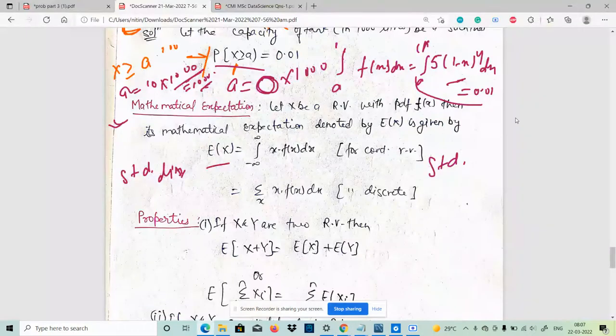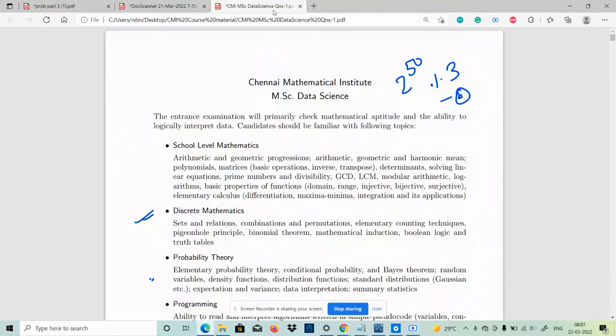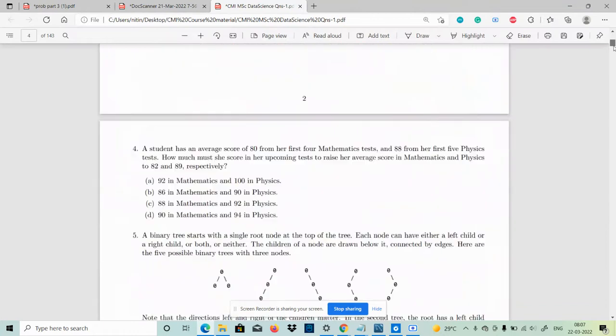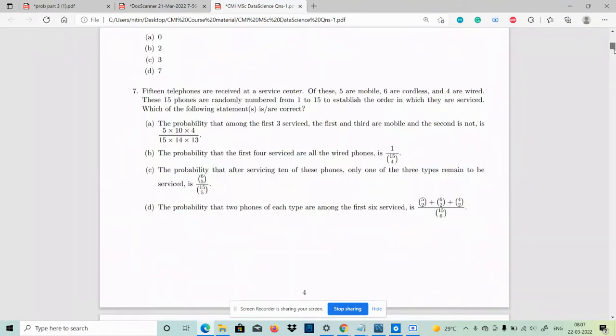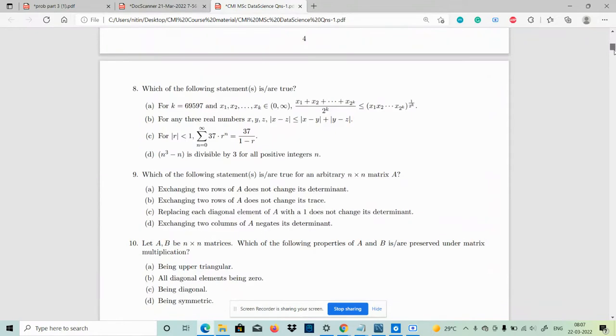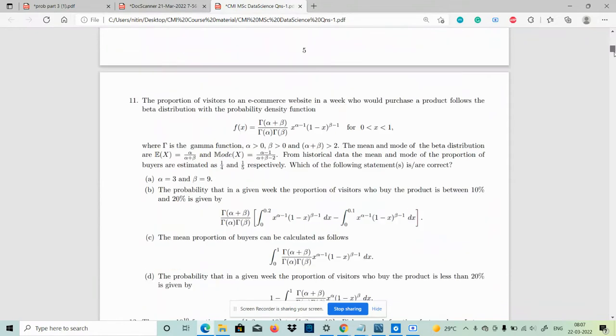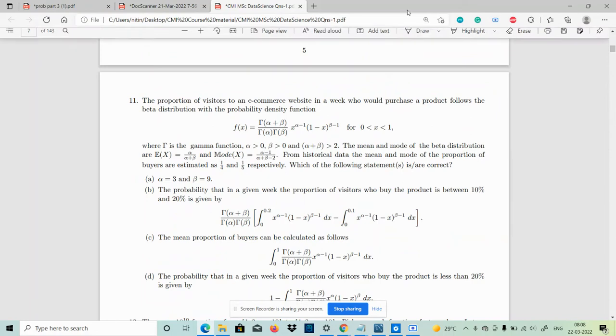So, in last class, we discussed the continuous random variable and all those different things. I told you that especially now you can solve questions from the paper itself. If you go to the paper, you'll find a lot of questions related to continuous and discrete random variables, and at this point you can solve those questions by yourself also.